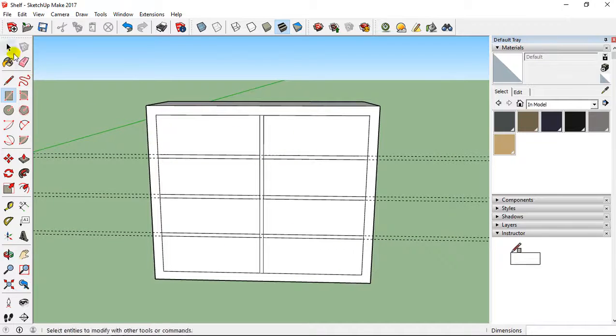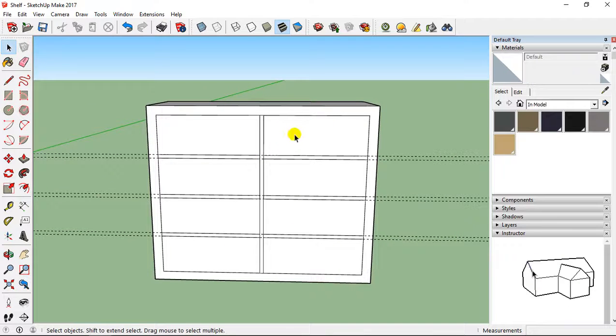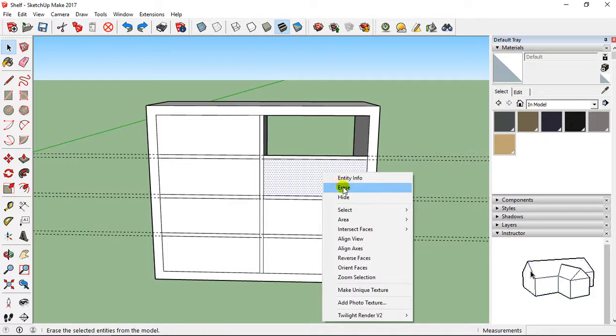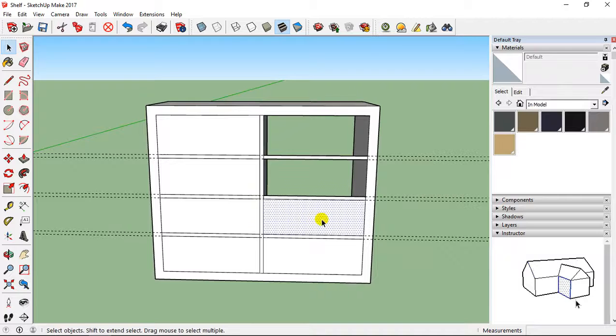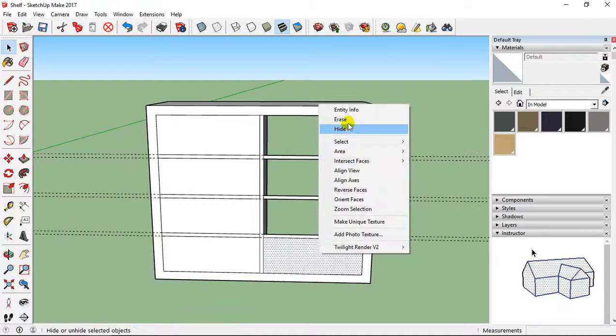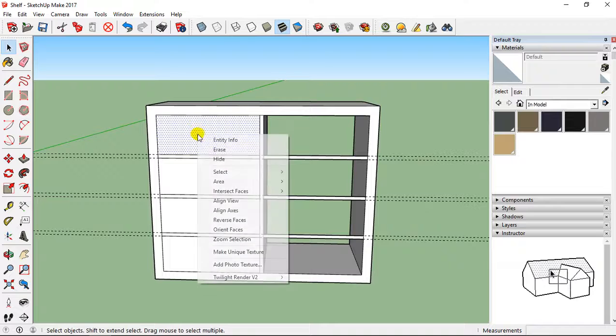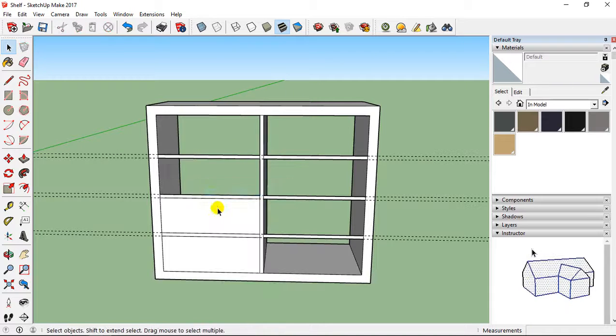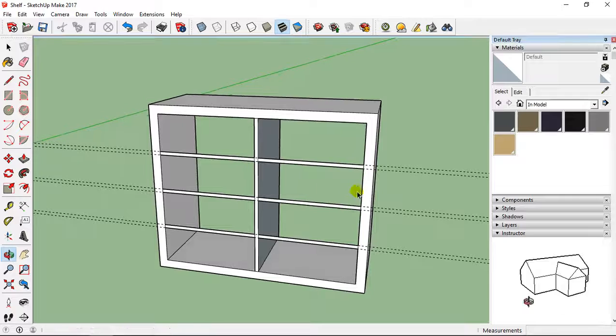So it's normal that now I have again the faces, so I just need to click on every face and erase. Right click, erase. Here just one click and erase with right click. You select just with one click, then right click, erase, and for everything. And then I have just to create the push-pull.